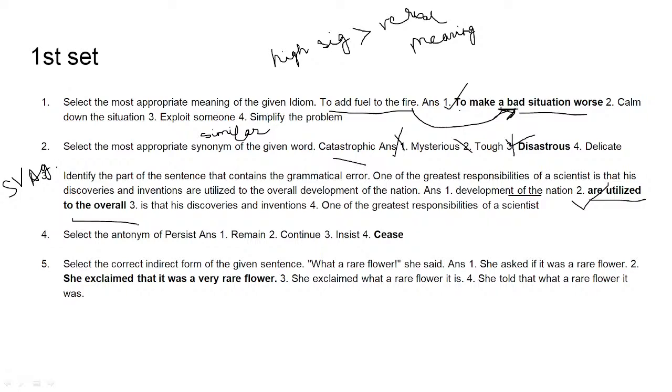We will not use are utilized. But why? Some people ask, because where is the pen? Okay, are is wrong here because it is plural. But obviously students whoever are watching the video, if you share it with other people, people will ask why should we not use plural, because we have inventions, discoveries over here, right? And they are plural itself.